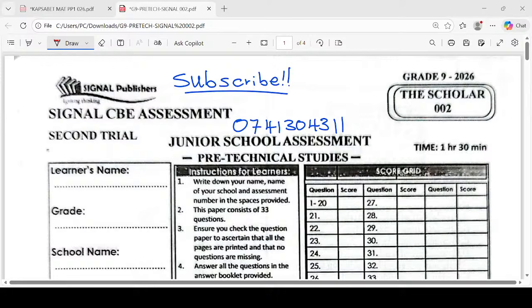We are going to discuss grade 9 Pretechnical Studies, that is the Signal CBE Assessment, second trial, the Scholar 002